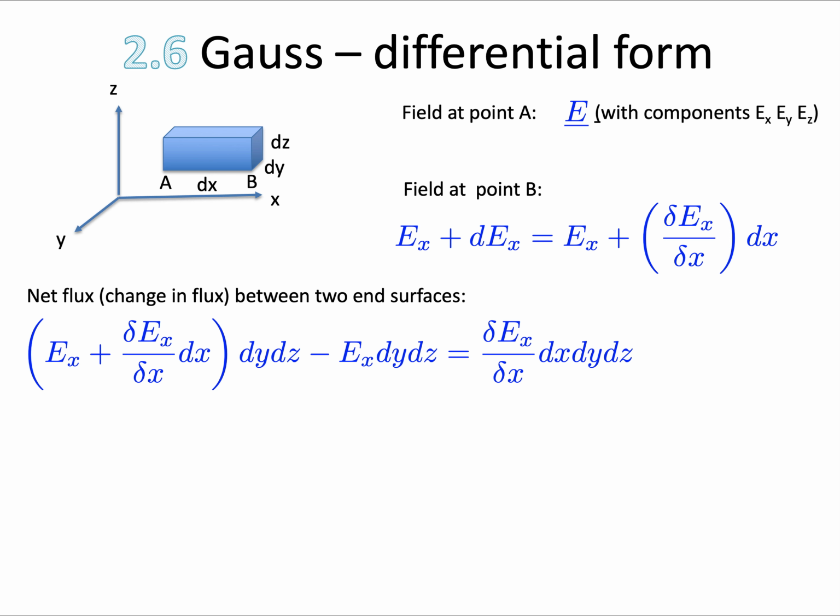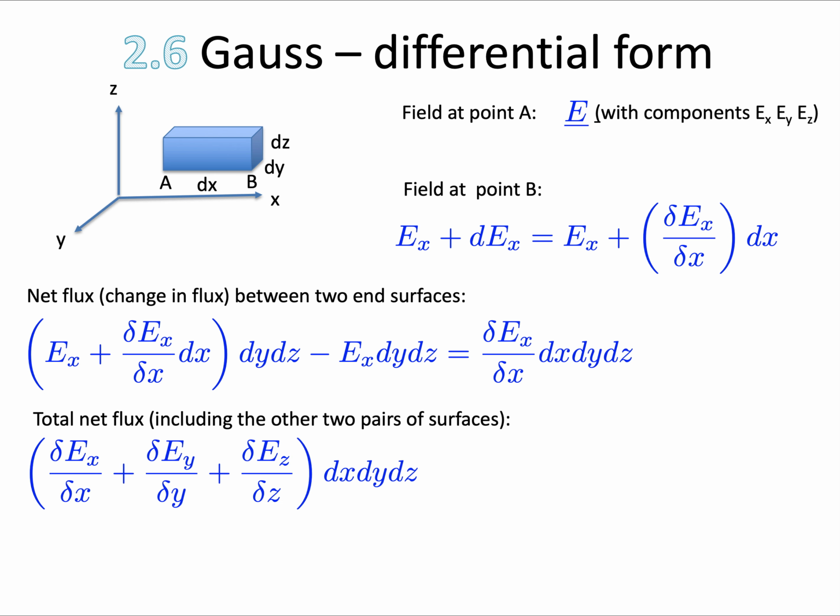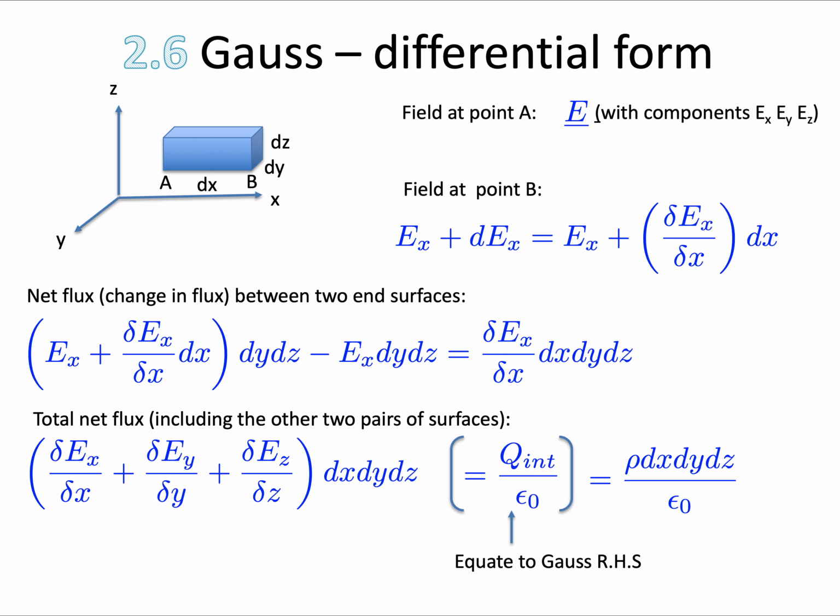Then if we do the same thing for the other two pairs of surfaces and add them all together, we will get this. So this is an expression for the net flux that is going through this little chunk of volume up there. Now we can equate that to the right hand side of Gauss's law, and the charge contained is equal to the charge density times the volume. If we now cancel the dx, dy, dz's, or more properly integrate both sides,